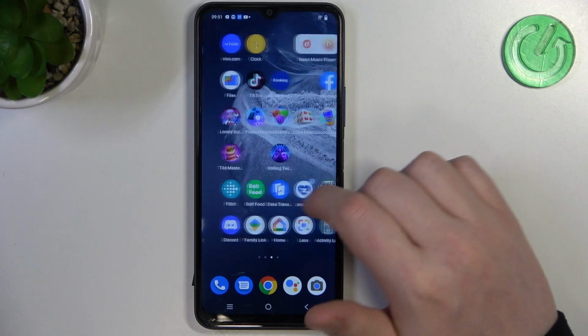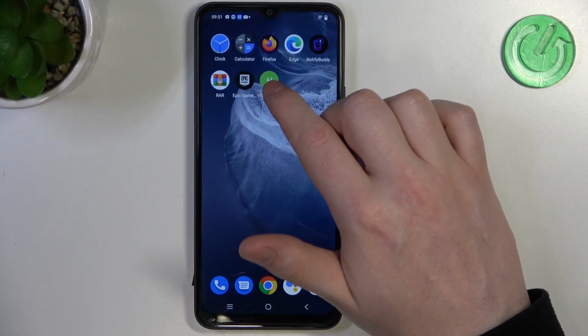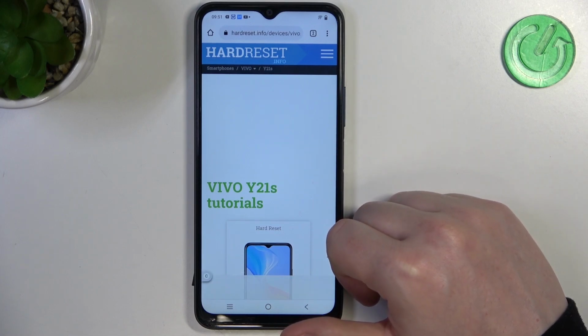If we go to our home screen, it should be placed as the last visible icon right here, and if you click on it, it should instantly open this website. And that's it for this